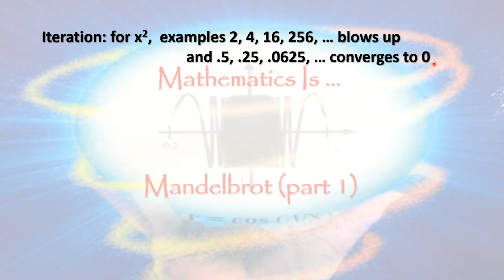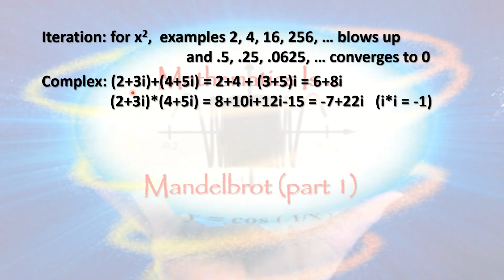How do you do arithmetic with complex numbers? Well, it's the same as with real numbers. If you add 2 plus 3i and 4 plus 5i, you can rearrange, put the two real numbers together, 2 plus 4 is 6, the two i's together, 3i plus 5i is 8i. Multiplying 2 plus 3i times 4 plus 5i, you FOIL it out, 2 times 4, 2 times 5i, 3i times